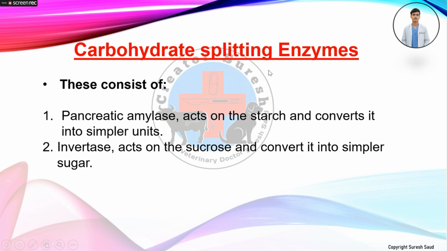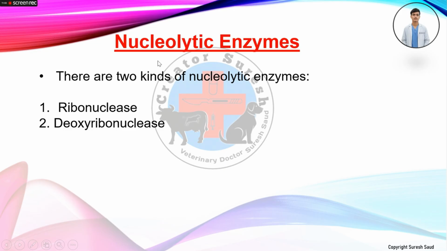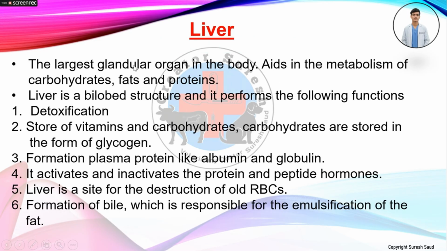Carbohydrate splitting enzymes. These consist of 1. Pancreatic amylase, acts on the starch and converts it into simpler units. 2. Invertase, acts on the sucrose and converts it into simpler sugar. Nucleolytic enzymes. There are 2 kinds of nucleolytic enzymes. 1. Ribonuclease. 2. Deoxyribonuclease. Liver, the largest glandular organ in the body, aids in the metabolism of carbohydrates, fats and